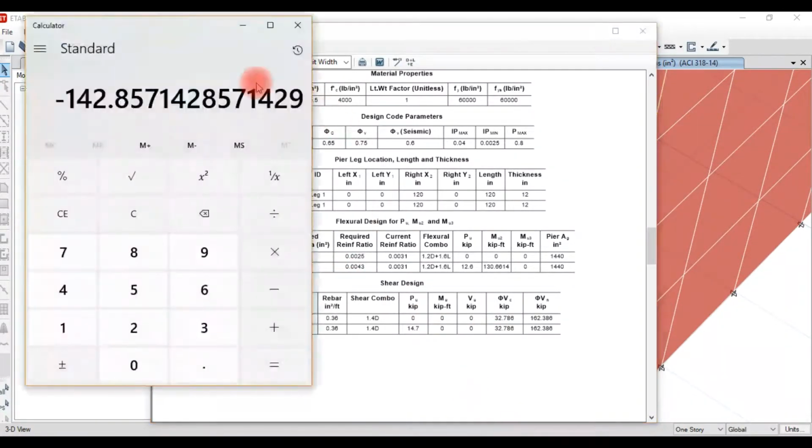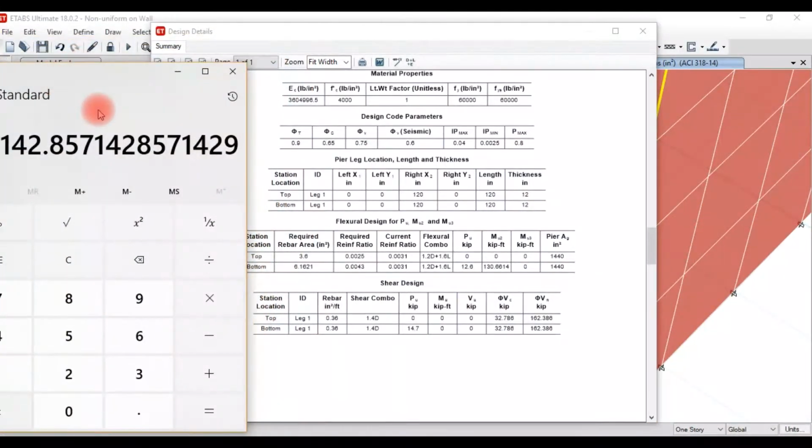If you use number 6 steel, then top steel has 8 bars and bottom steel 14 bars.